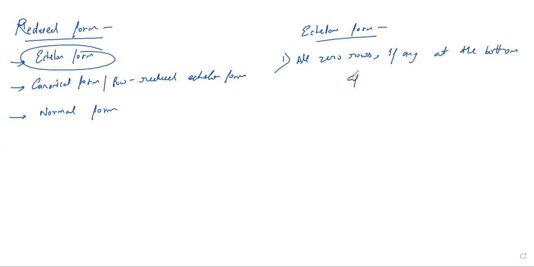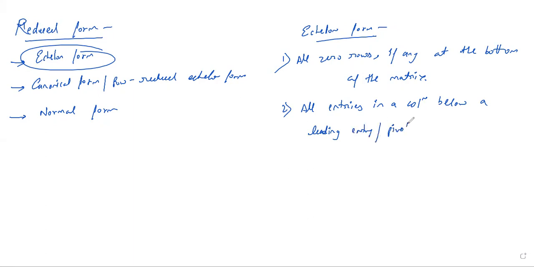The second property is that each first non-zero element in a row is on the right hand side of the first non-zero element in the preceding row, or we also say that all entries in a column below a leading entry, or you can say pivot entry, pivot element,